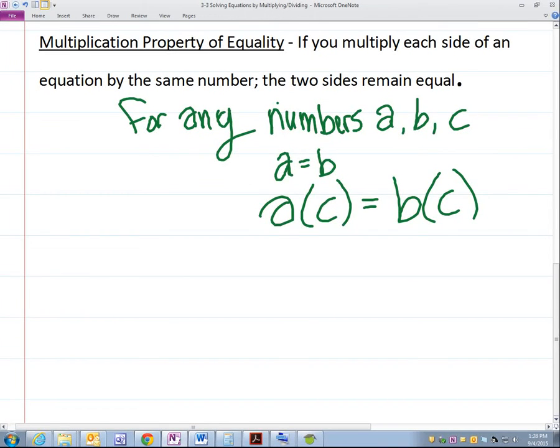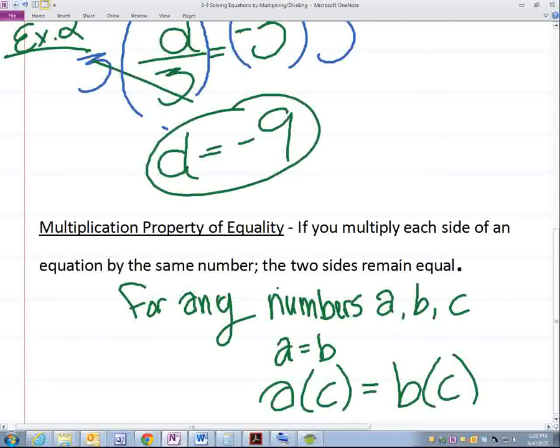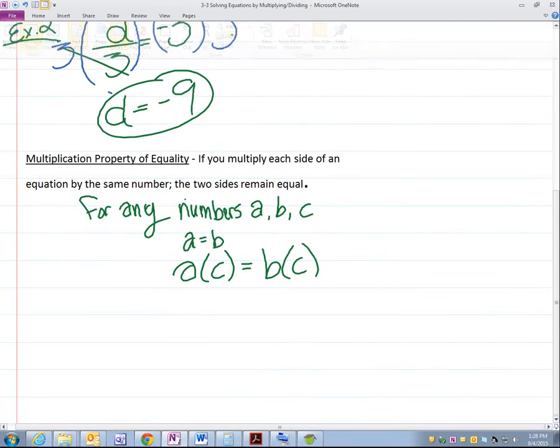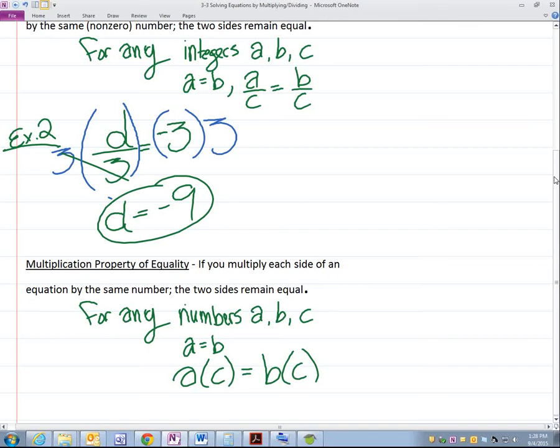No. Yes. So for the any numbers, how does that tie into what we're doing? That's a great question. That is a wonderful question. In this situation that we just did, how it applies to down here is we had